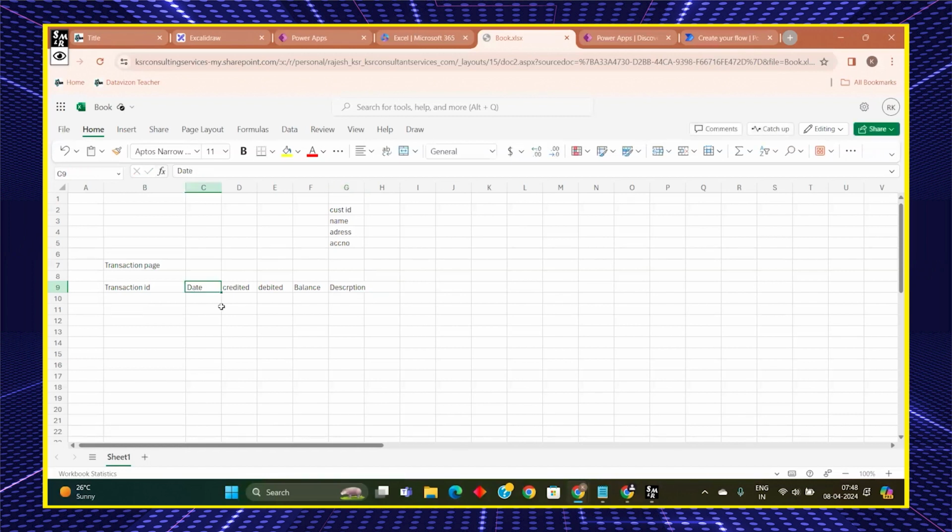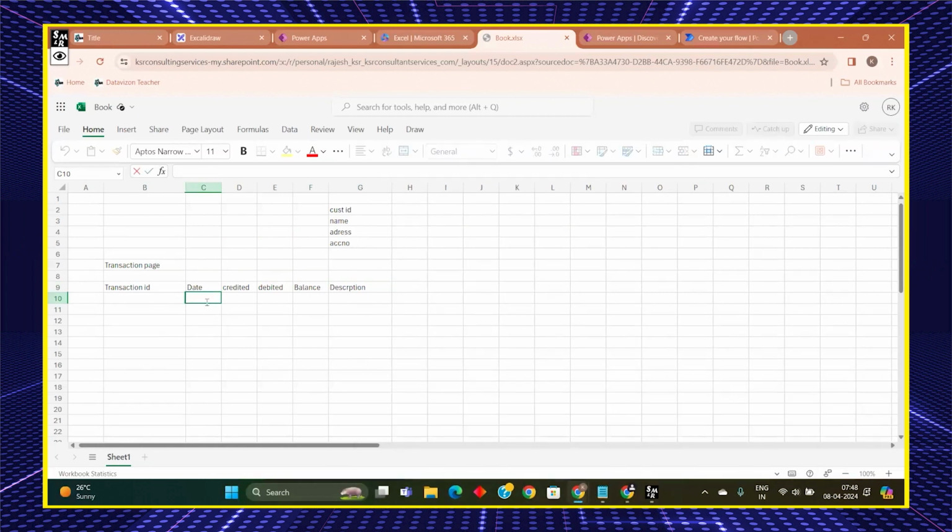More fields we cannot accommodate on that particular small page. So date, credited, debited. Let's take yesterday's date, 7-4-24. Amount credited is nil. Yesterday was not a salary day, so it is highly impossible to get credits. Debited is some 1,000 rupees. Debited is always calculated as minus, so I'm also putting a minus symbol. And balance is